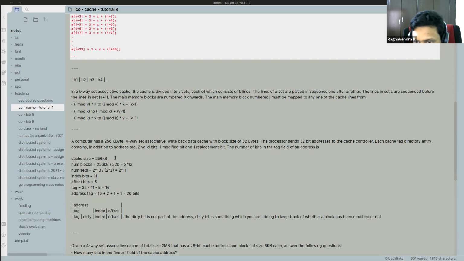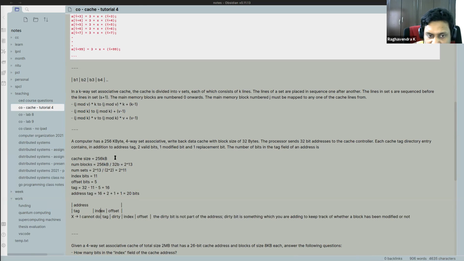So you are saying whether a block has been modified or not. If I make it part of the address bit, then I will not be able to do it, right? Because it's already part of the address. If the address has 0 there, it is 0 there. If it is 1 there, it's 1 there. It is not telling me anything about the dirty bit. So now this is ruled out, right? I am assuming you are convinced that this I cannot do.